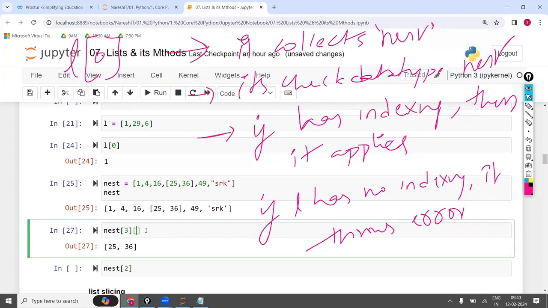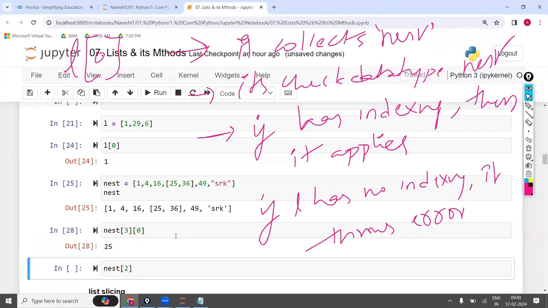Now, if I apply the 0 on this, first it is going to collect what is nest. For the nest, it will collect what is inside the 3, and it will check the data type of this output. From here to here, what is the output and what is the data type. If that data type supports indexing, now it applies the 0 on that. And what is the output you are going to get? Int 25. Now for int 25, again I'm applying the 0 on this.